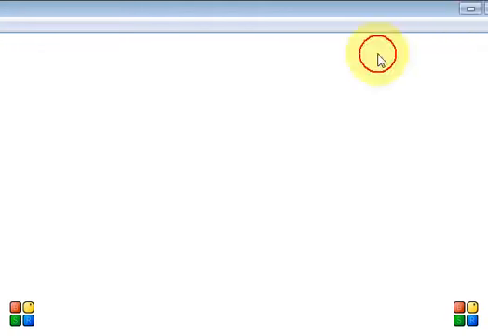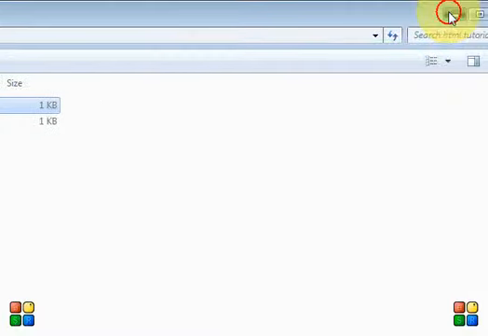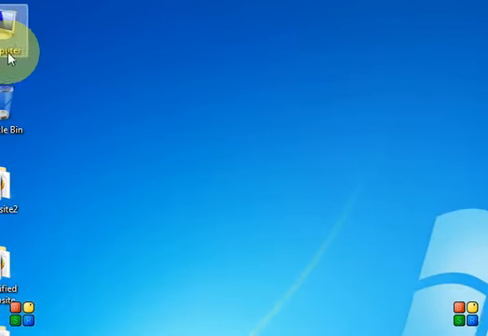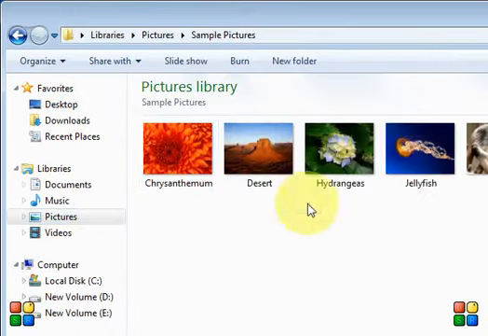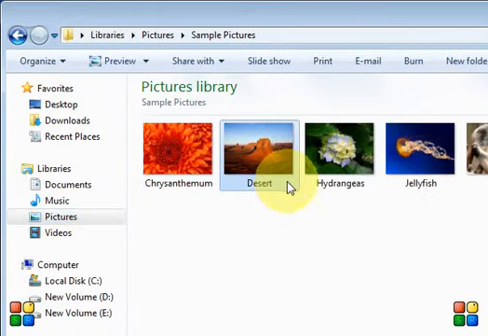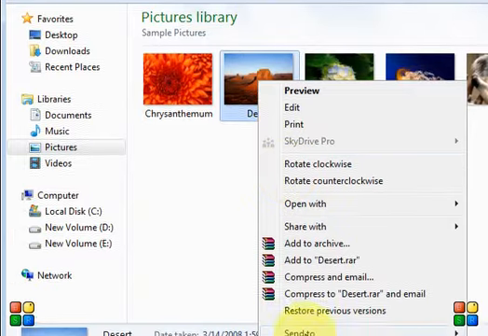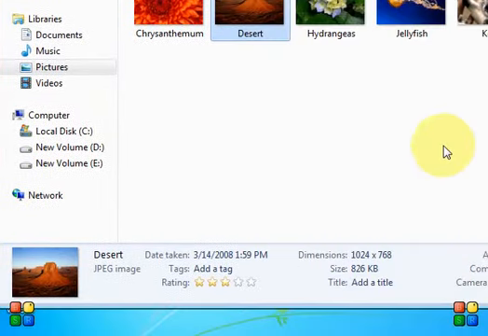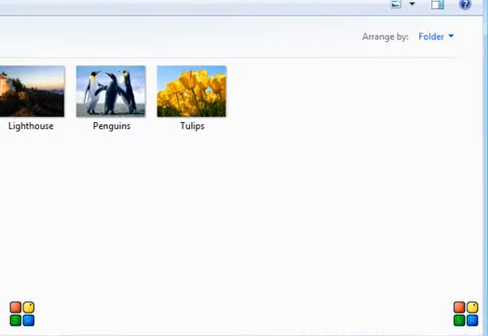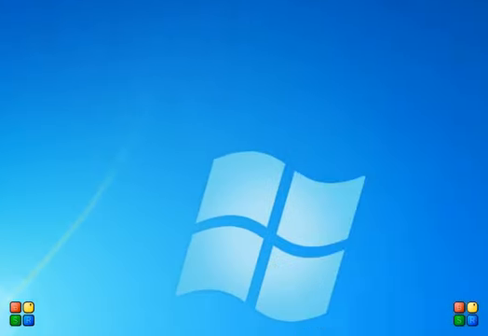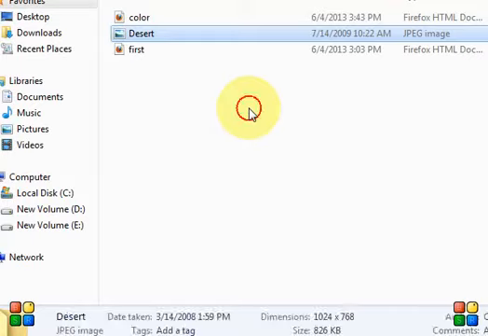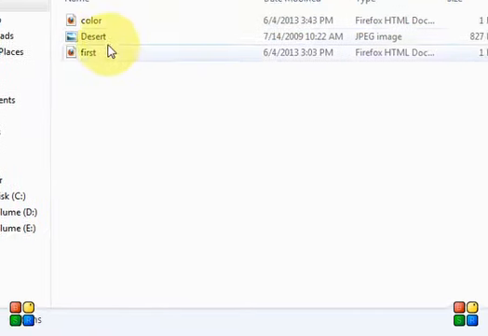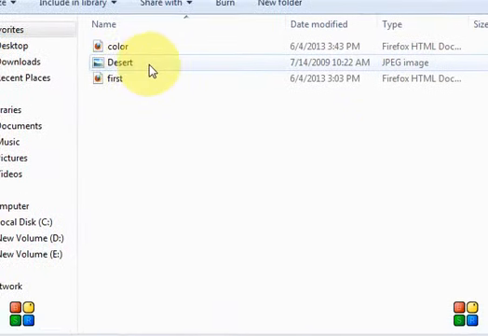Quickly go to your pictures folder, copy any image you want to show, and paste it into the folder where you saved the HTML file, for example desert.jpg.